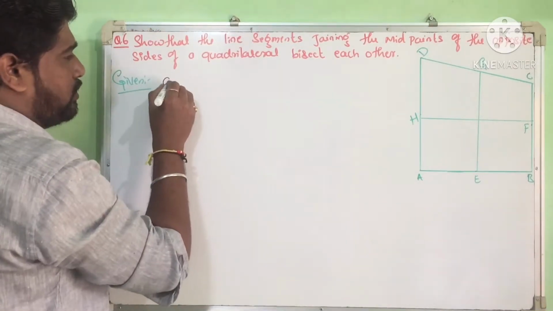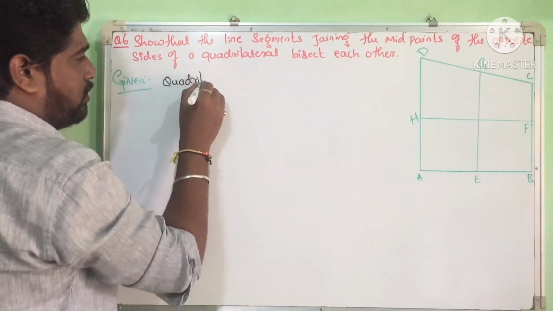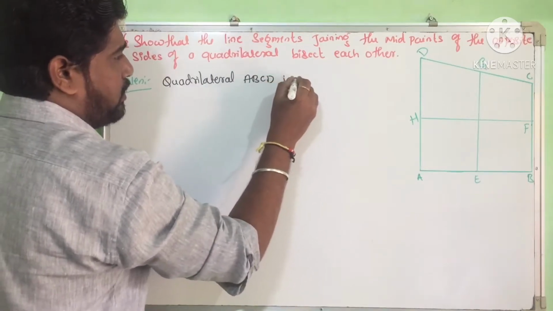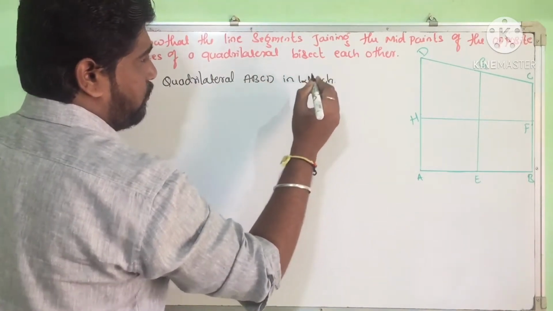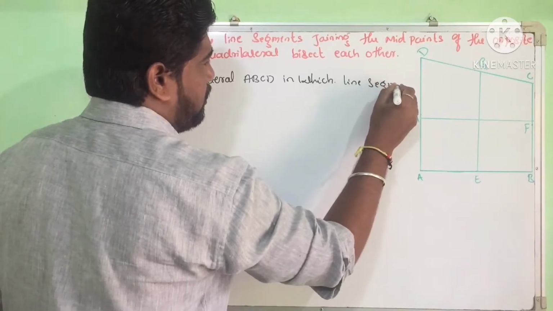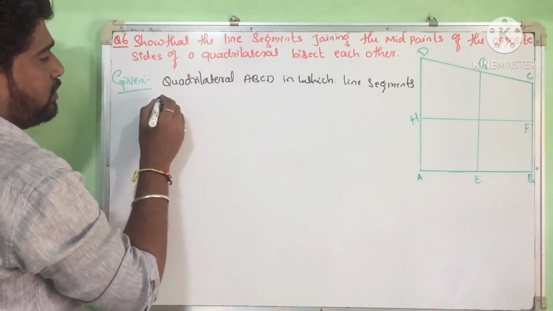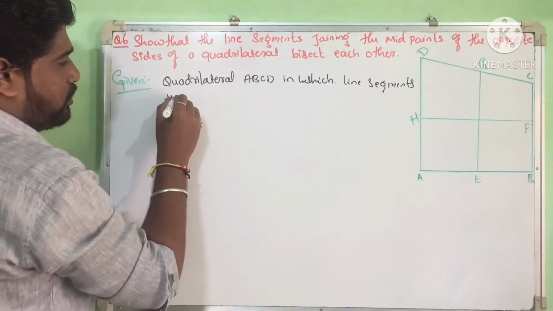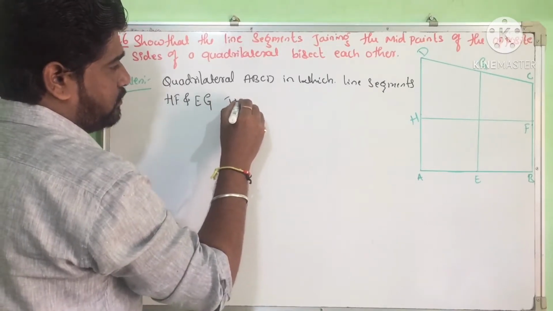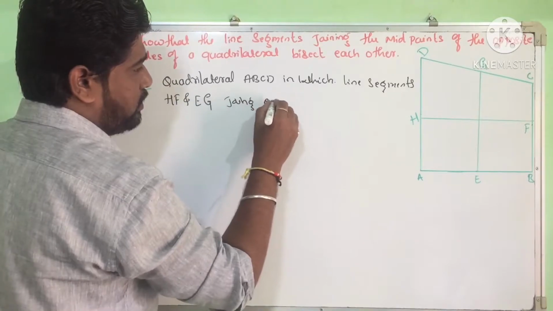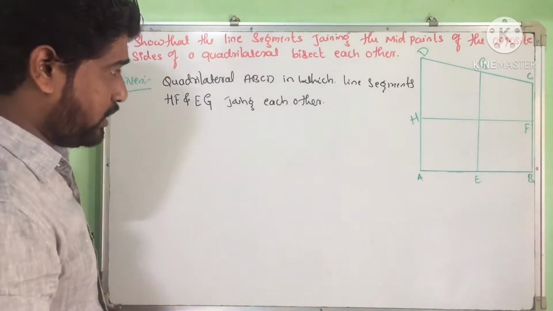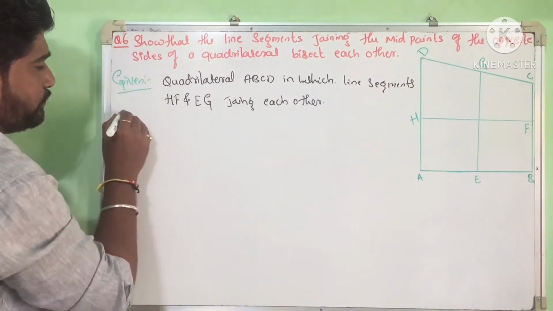So write down: quadrilateral ABCD in which line segments HF and EG joining each other, right? So this one is the given, and to prove